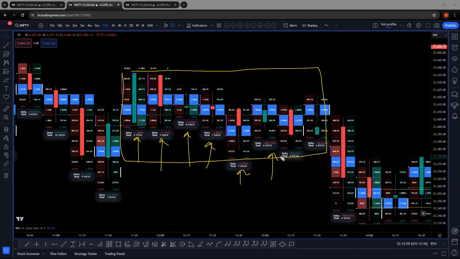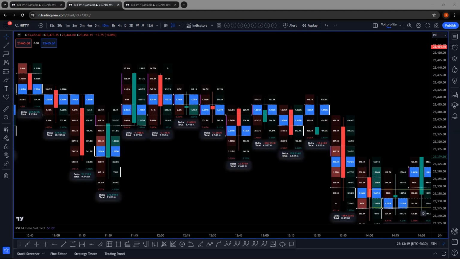This is what I saw in the live market, and I updated it in the Telegram group. If you're in the Telegram group, I think you should have got the message that there is some huge selling volume, and I told you very clearly we are going to see a trending move soon, right? So price was not moving anywhere, but there was huge volume being built up.